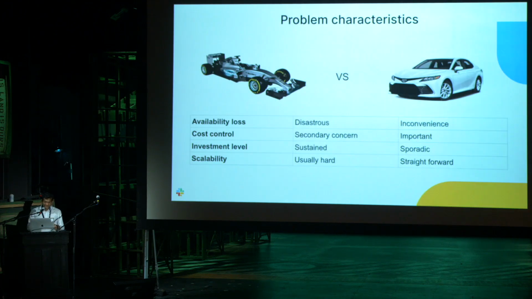So in summary, managing Elasticsearch is like managing a race car, because Elasticsearch is designed like a race car. It treats any loss of availability as a disaster, so it stops ingesting logs and delays them. And usually the solution to overcome most of these problems is to scale it up. So for stability, we often trade off cost. Cost becomes a secondary concern when you're running Elasticsearch.